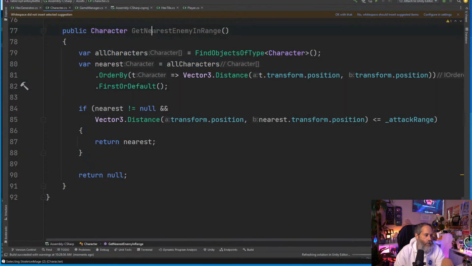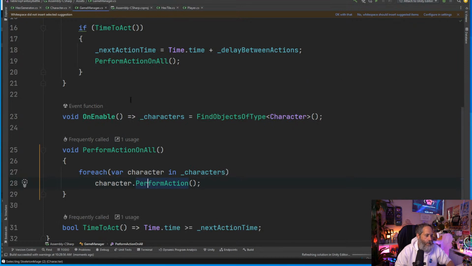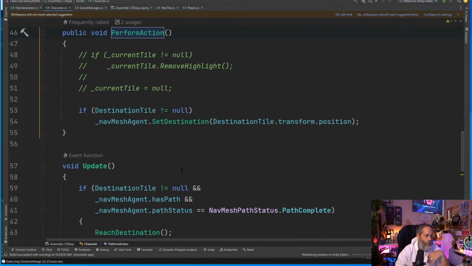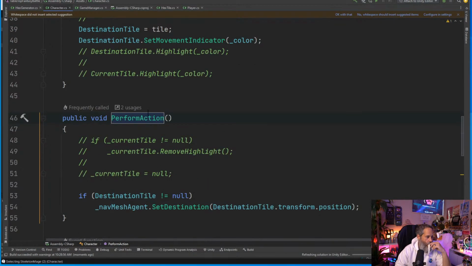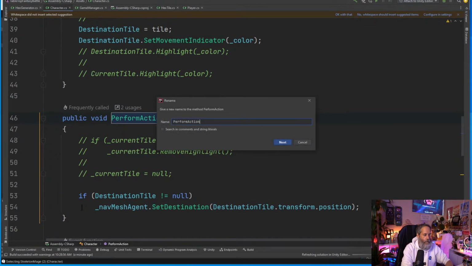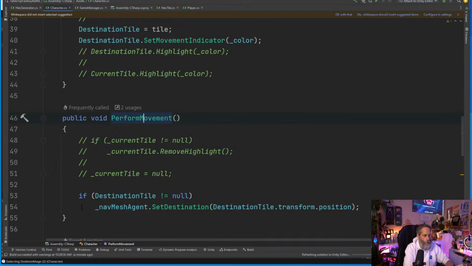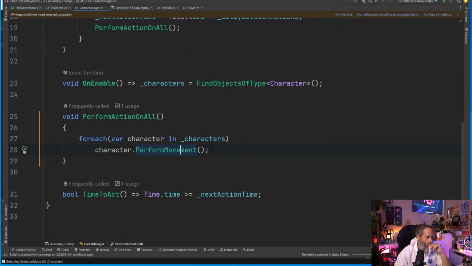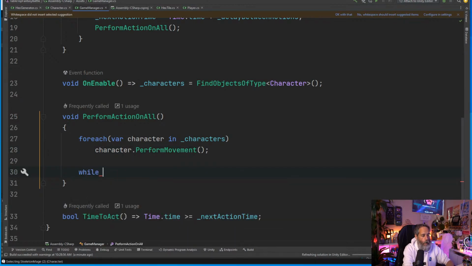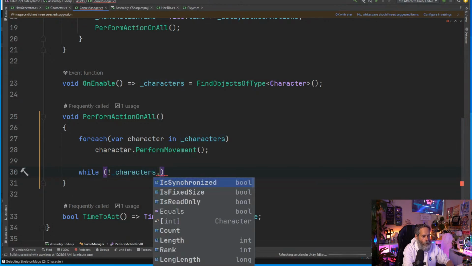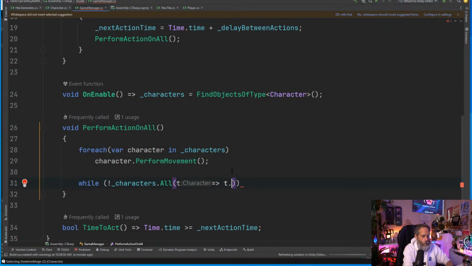All right, so get the nearest one in range. And then what I'm thinking is in the game manager, after they all perform their action and they've all completed their action, their movement. So let's call this perform movement. And then once they've finished their movement, then they should do their attacks. That's kind of the thought. So let's wait for them to all finish. So say like while not characters.All finished movement